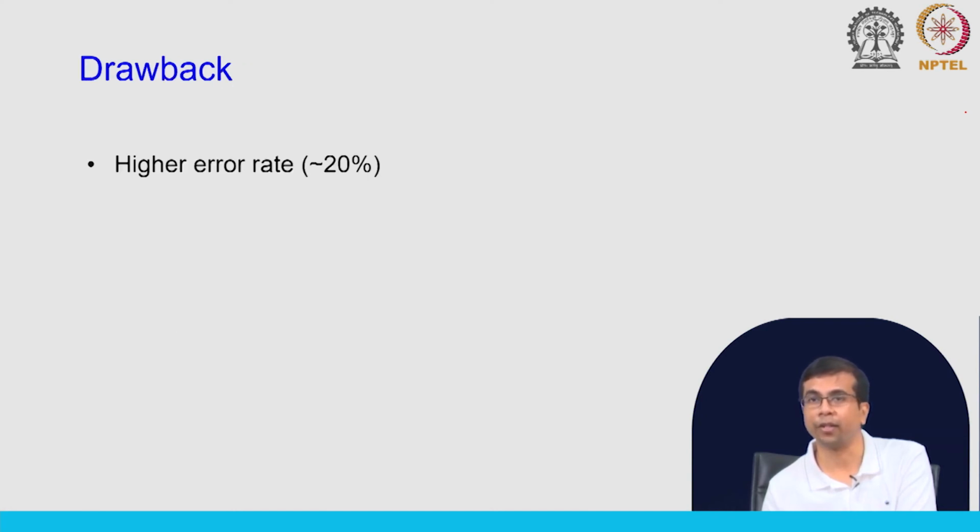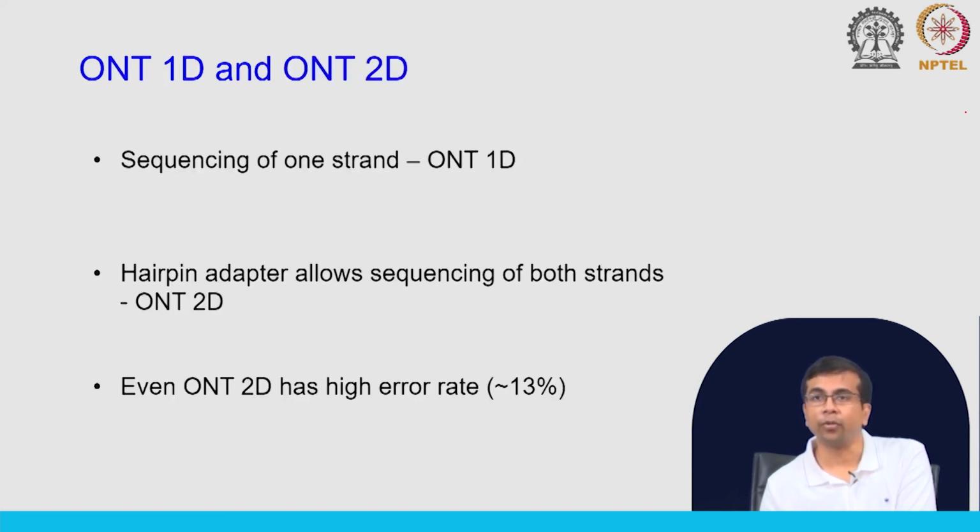So, here comes a drawback. The error rate is actually very high. If you compare to Illumina or other methods, 454 or Ion Torrent, this error rate is quite high. It is about 20% error rate. Now, the good thing is you can actually improve upon this error rate by a method called